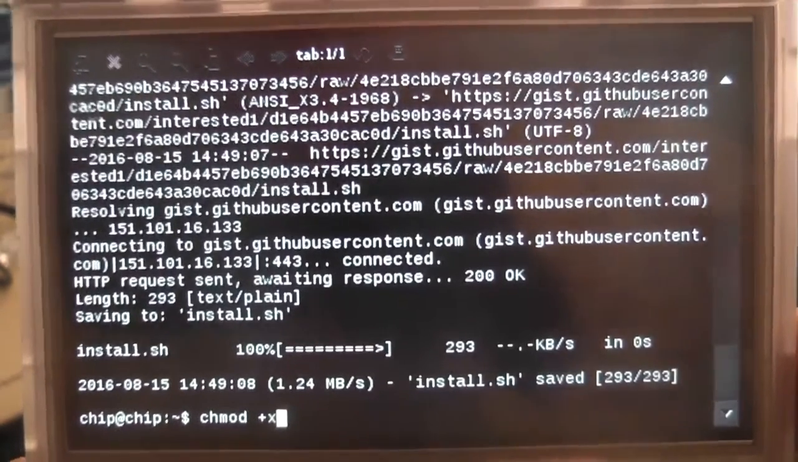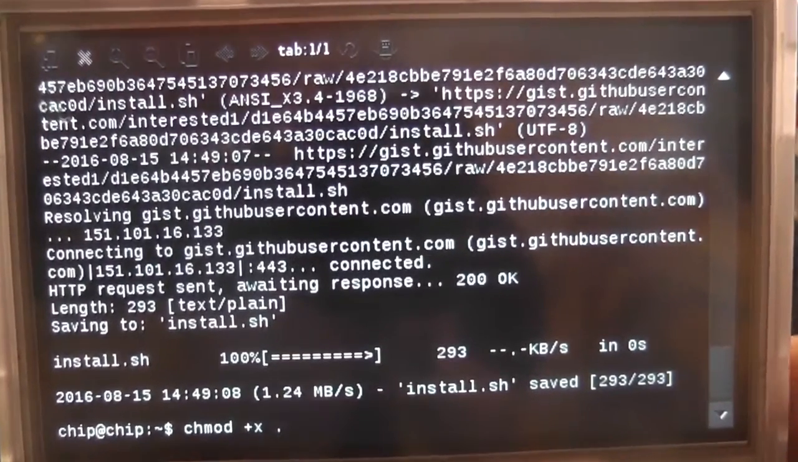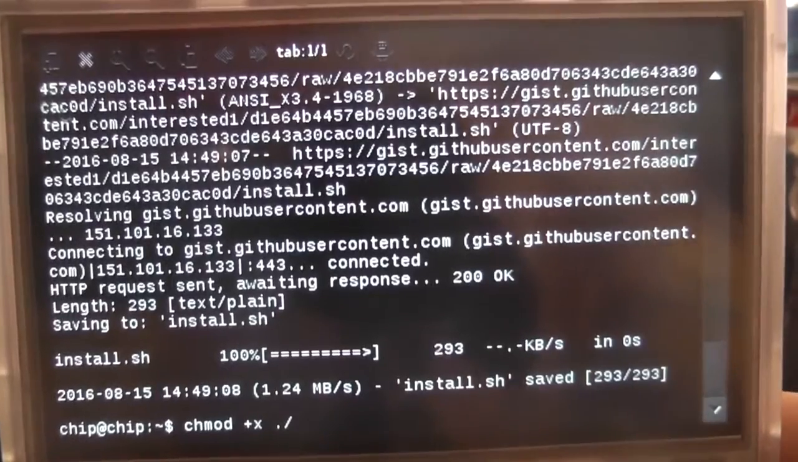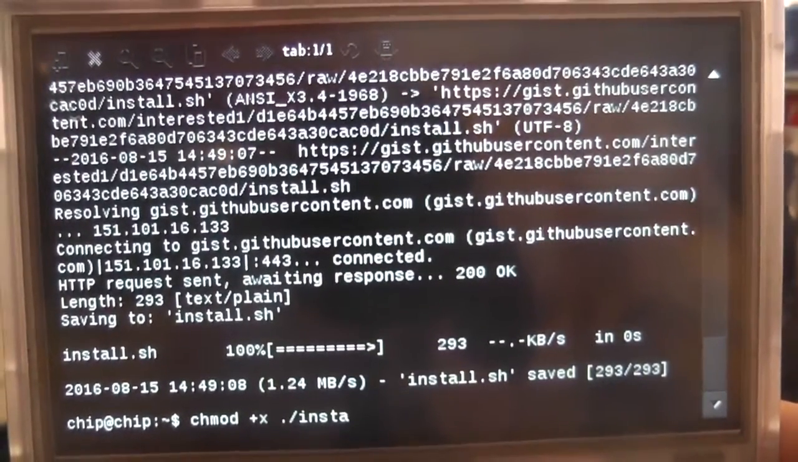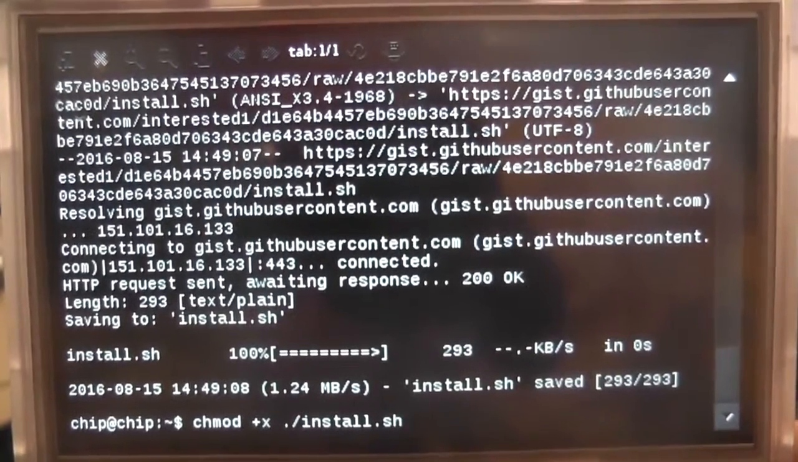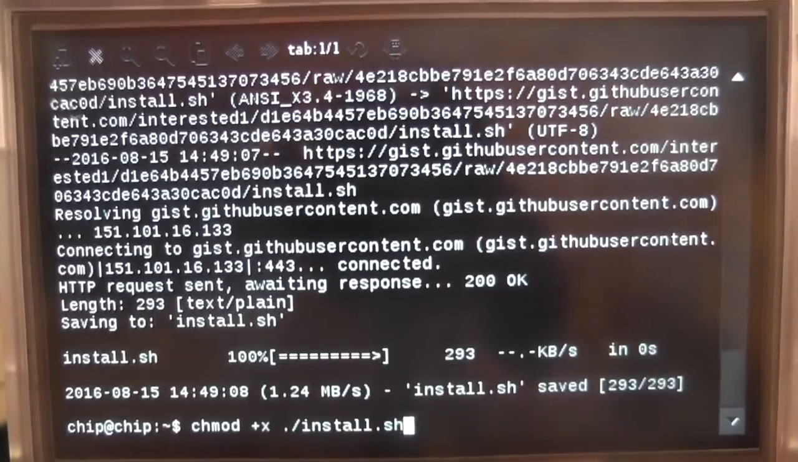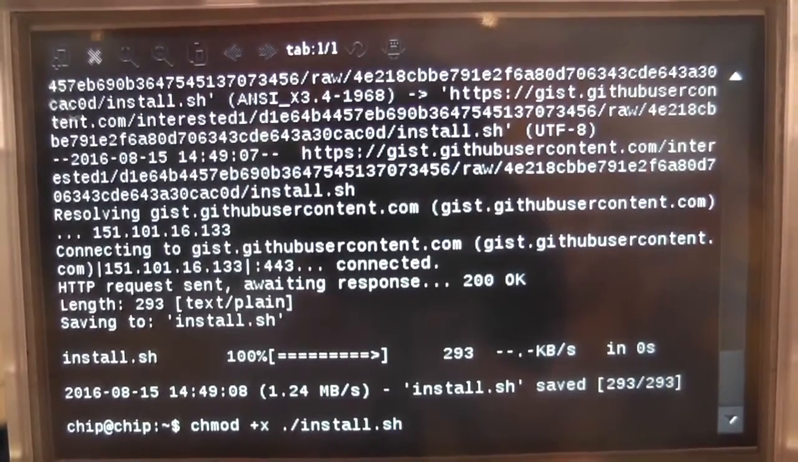And then we've got a space, and then we need a dot / install, like so, and then .sh. And as you can see, we've got a command there, and this should be correct. We should be able to press enter here,